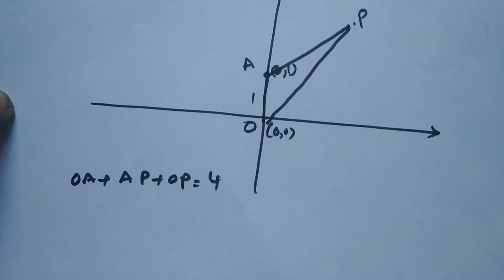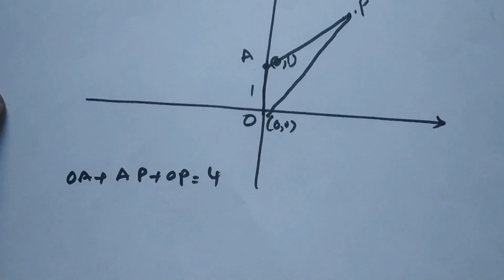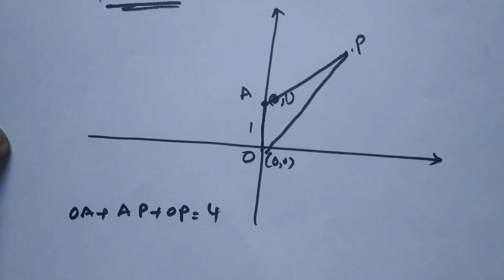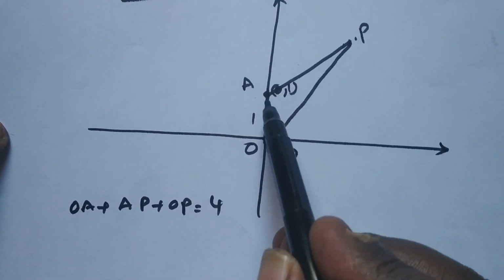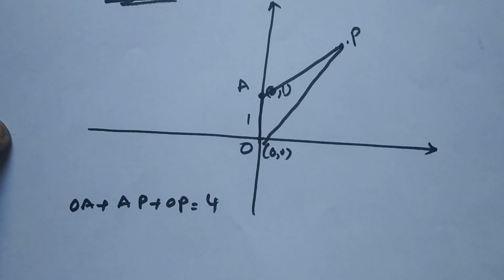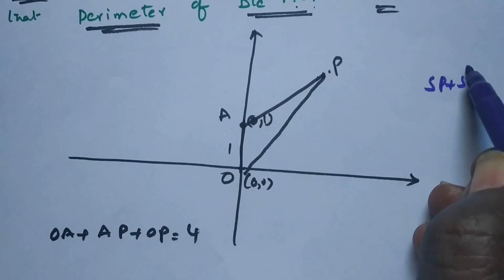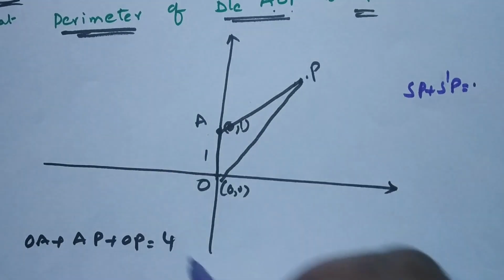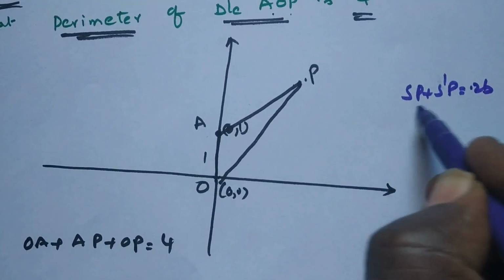By taking the condition itself, you may get a lengthy process. Now I am going to use the concept related to the ellipse focal property. What is the focal property of an ellipse? S and S dash are two fixed points, P is any point on the ellipse, then SP plus S dash P is equal to 2a, or 2b. Because the foci lie on the y-axis, we take 2b.